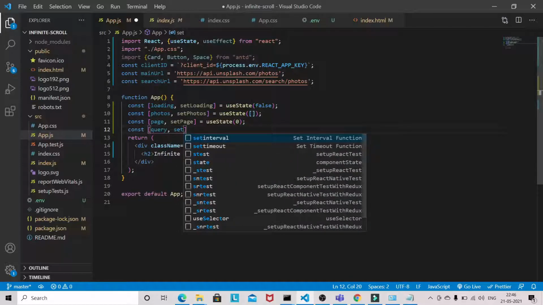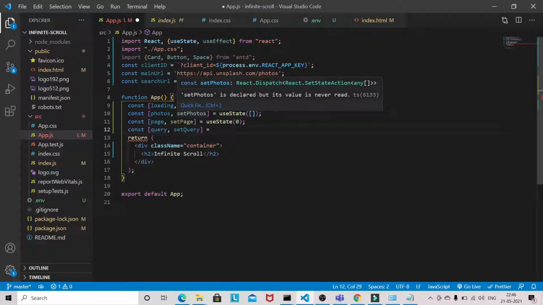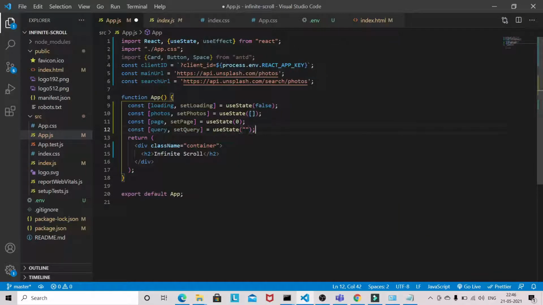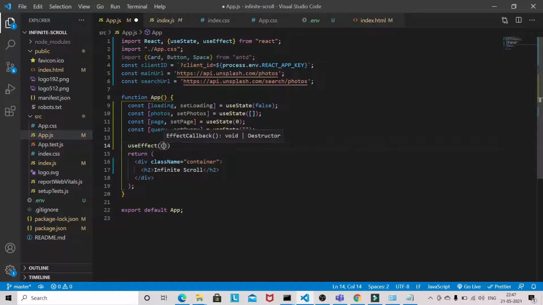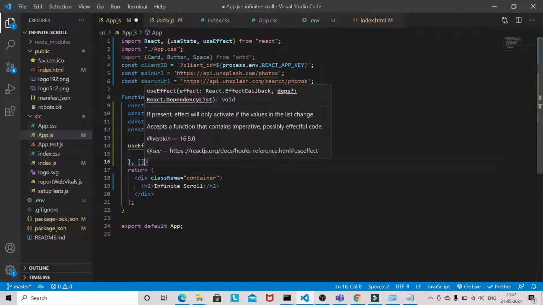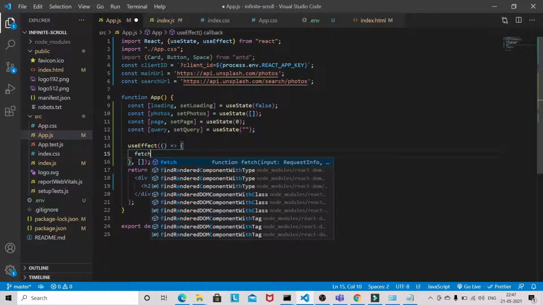So this is for implementing this searching image. Okay, so the query we need to pass into the search URL. So for that we have to maintain this state, and now we will be having our useEffect. So useEffect will basically fetch image.